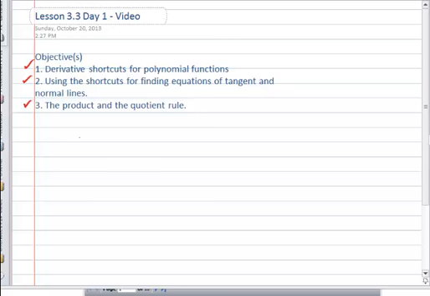Let's talk about our first most basic function. Let's say your function is a constant, f of x equals c. Another way to write this function would be f of x equals the constant times x to the 0 power, because we know that a 0 power forces this value to equal 1, so that would then appear to be just the plain old constant. We should know that the slope of a constant line, let's say f of x is equal to 2, so I can graph it,